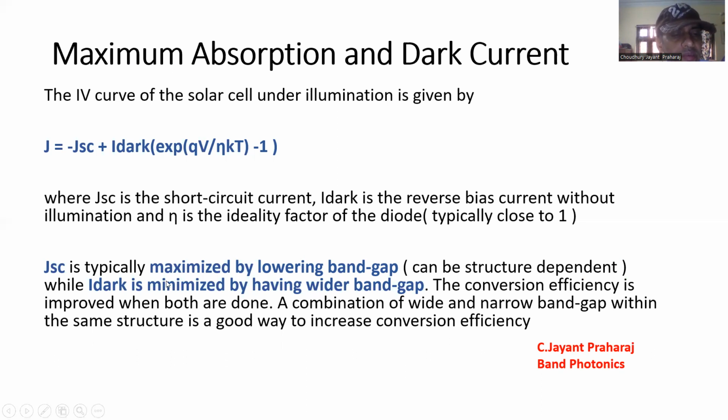Now, the dark current is minimized, made less, by having a wider band gap. So you can see that these two requirements are pulling in opposite directions. That means you need to do both. And that means you have to use a combination of wide and narrow band gap within the same structure to increase the conversion efficiency. Now, how do you do that? What you do is material composition grading. That means, for example, if the solar radiation is incident from the top of the solar cell, what you do is